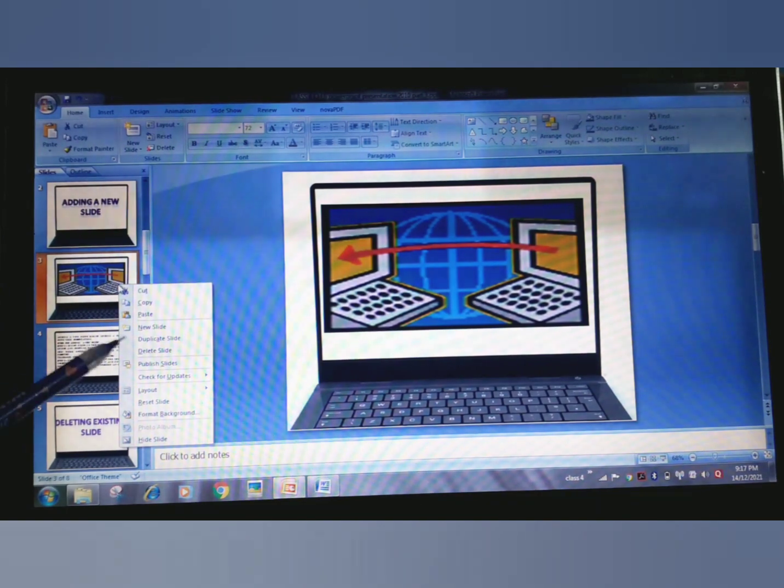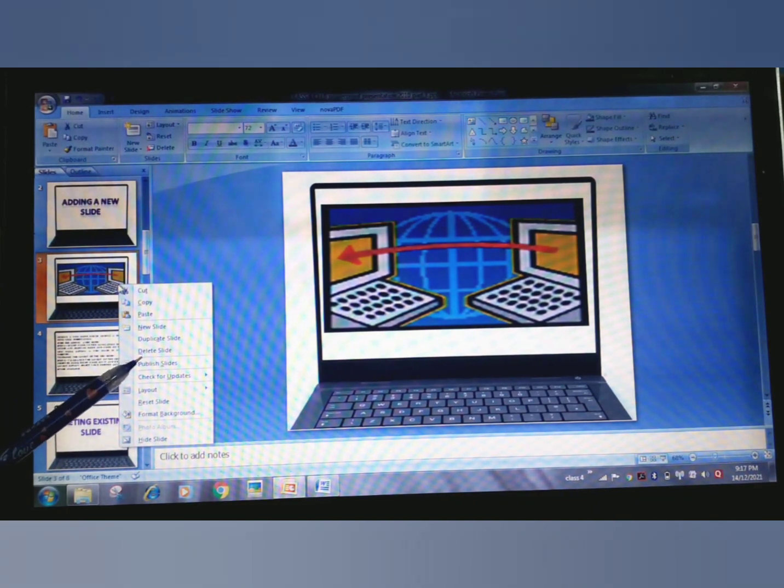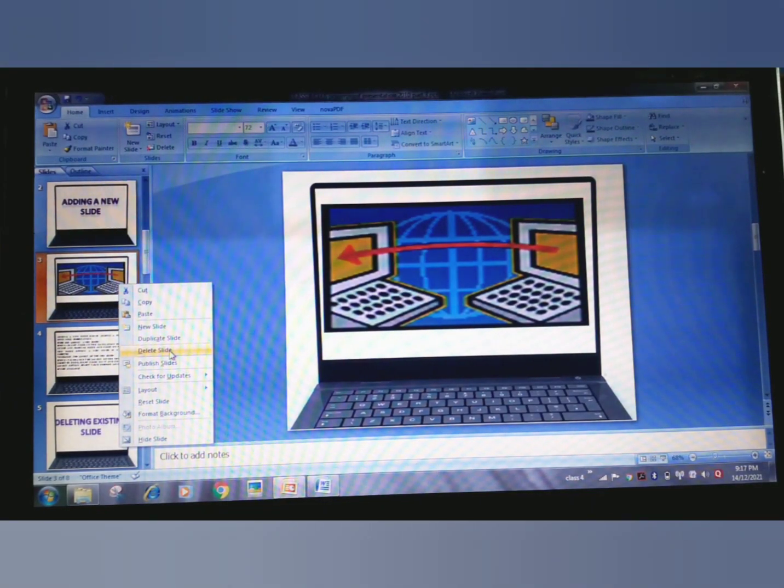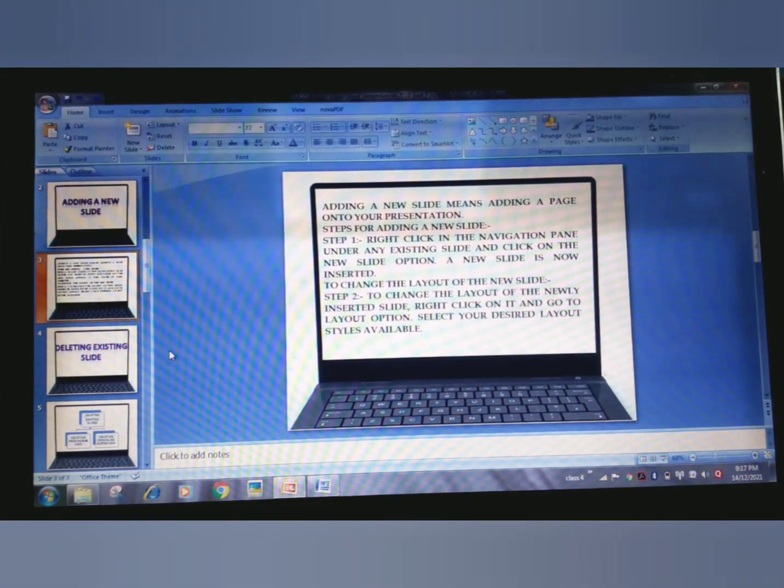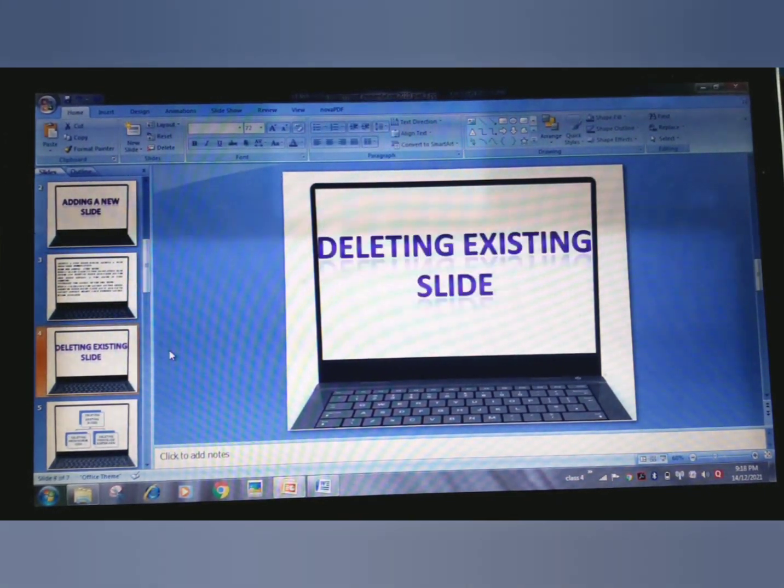Now you have been given delete slide. So click this one, delete slide. Now the slide that you wanted to delete from your presentation has been deleted. So if you want to delete a slide, then you have to do it like this.